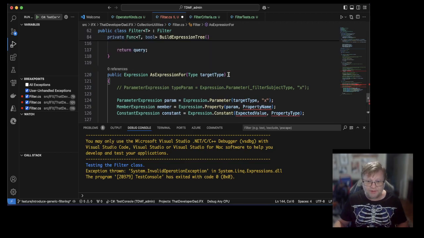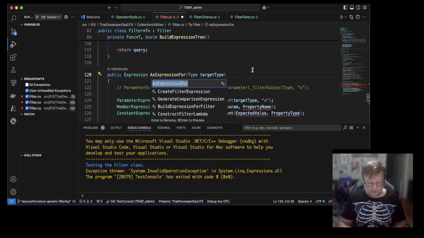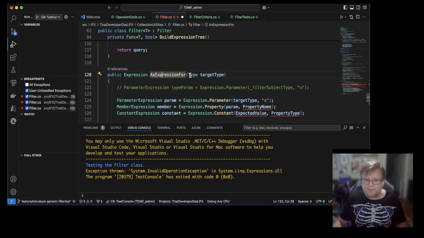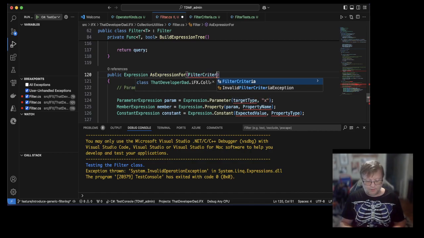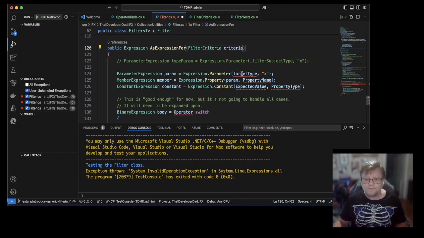I'm going to rename this to convert to expression. And instead of passing this, I'm going to pass a filter criteria. And our parameter expression is going to be,